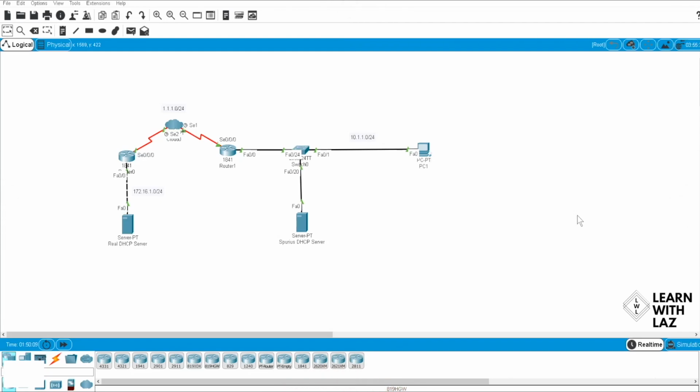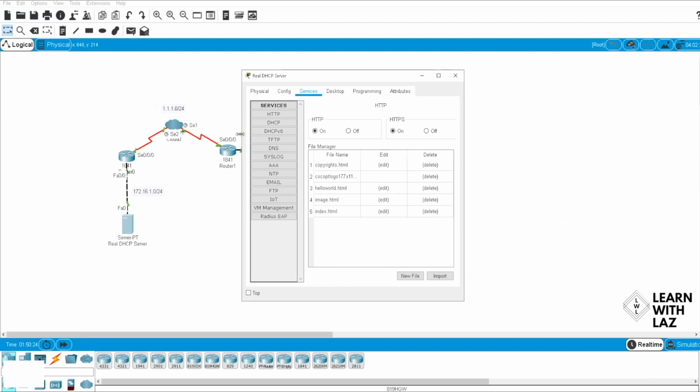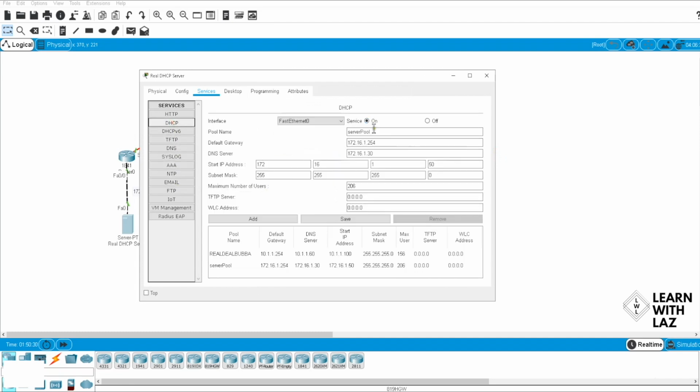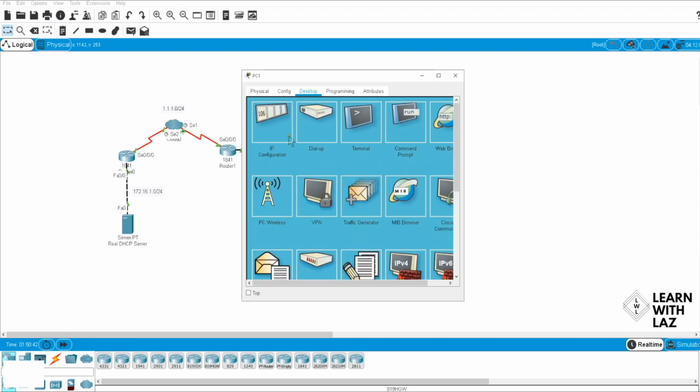All righty, so here we are in our lab. Now, this should be very familiar to you because we've done this already. It's not something new. We have frame relay going on here. This is our actual DHCP server. Let's look at, where's DHCP? Right here, you see it's on. We have the real deal: 10.1.54, 10.1.60, 10.1.100. And that's what this PC is getting,